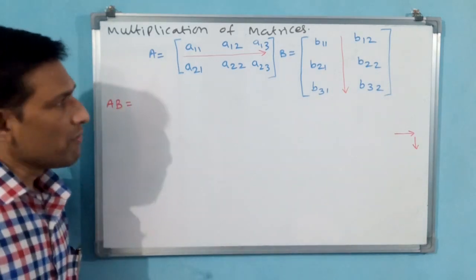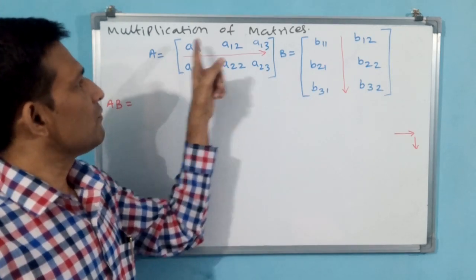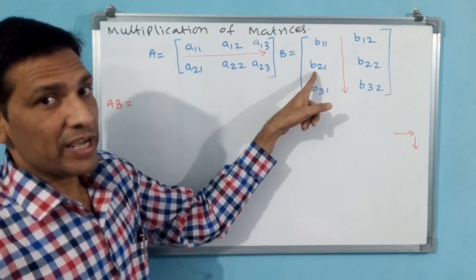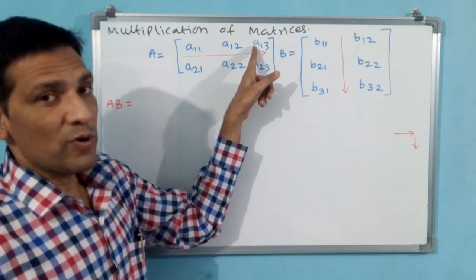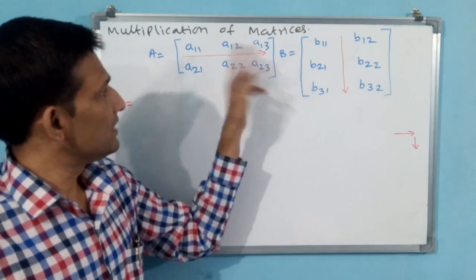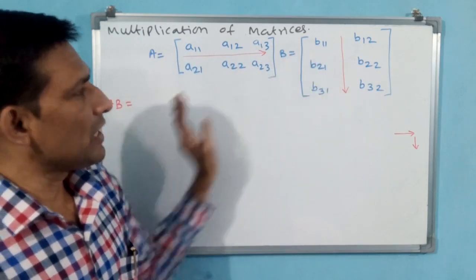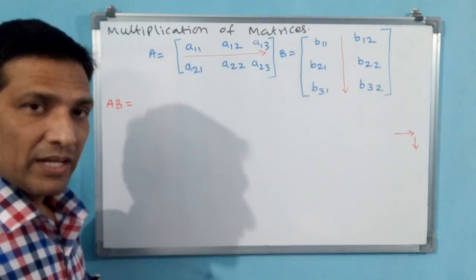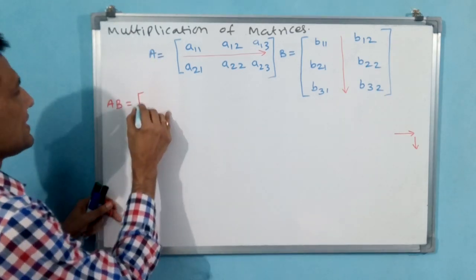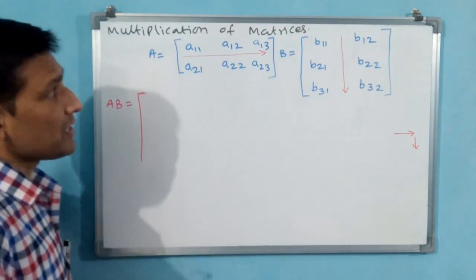Okay. Now before proceeding, we know these notations now. First row, first column; first row, first column; first row, second column; second row, first column; first row, third column; third row, first column. Okay. After multiplication, this will come in first row, first column only. Okay. See how I am doing. And also, you know the resultant matrix's order also. Why? Because the order is going to change.